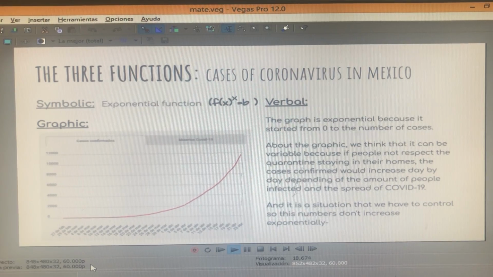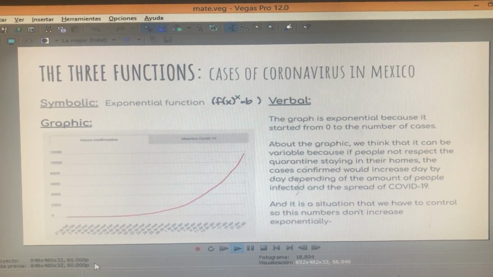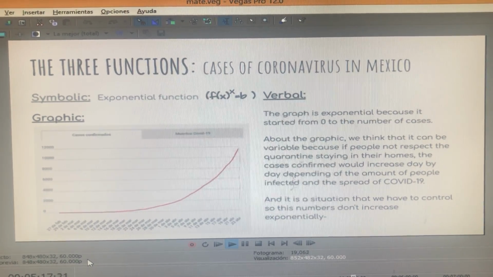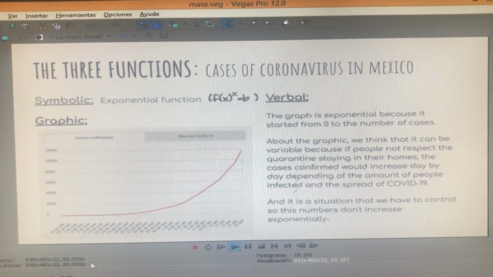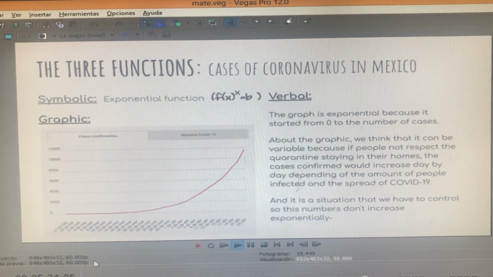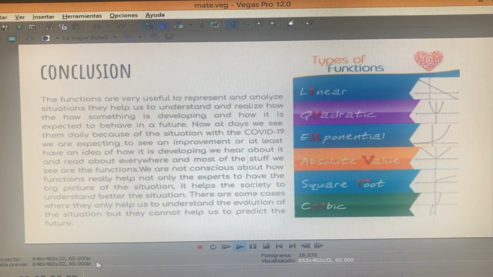We use three functions, which are the symbolic, that is represented by an equation, a graphic, that is represented by many types of graphics like the ones we showed, and the verbal, which tells you the information written and in detail. Conclusion. The functions are very useful